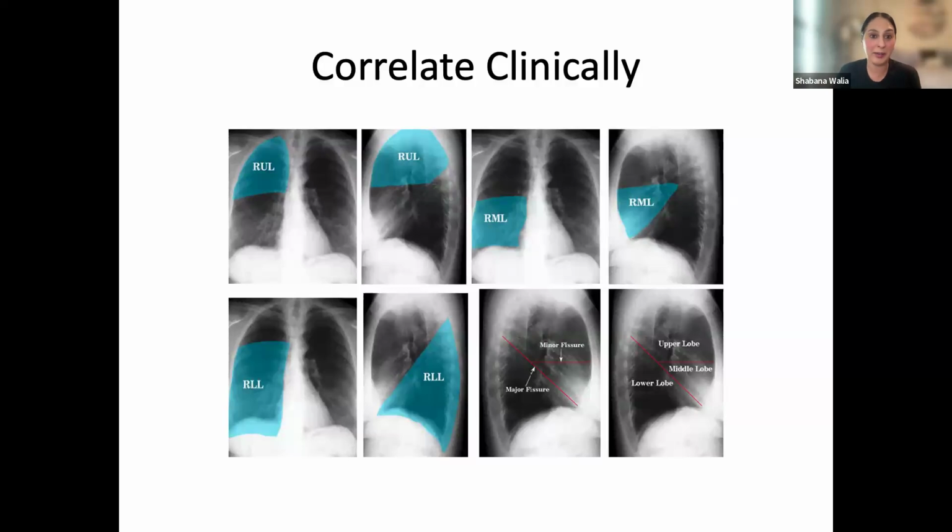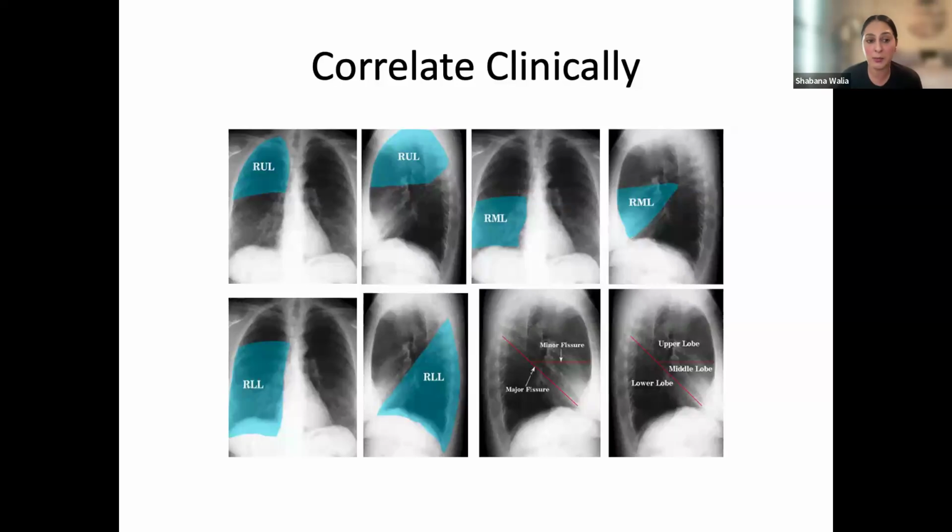So correlate clinically, right? We see this a lot in radiology studies, and they'll say, you have the advantage of being bedside with the patient. So correlate this clinically. And again, when you correlate these lobes anatomically, clinically, you're seeing here what on radiographic evidence is actually making up the right upper lobe. So you see an AP and lateral, the right upper lobe, the right middle lobe, and then the right lower